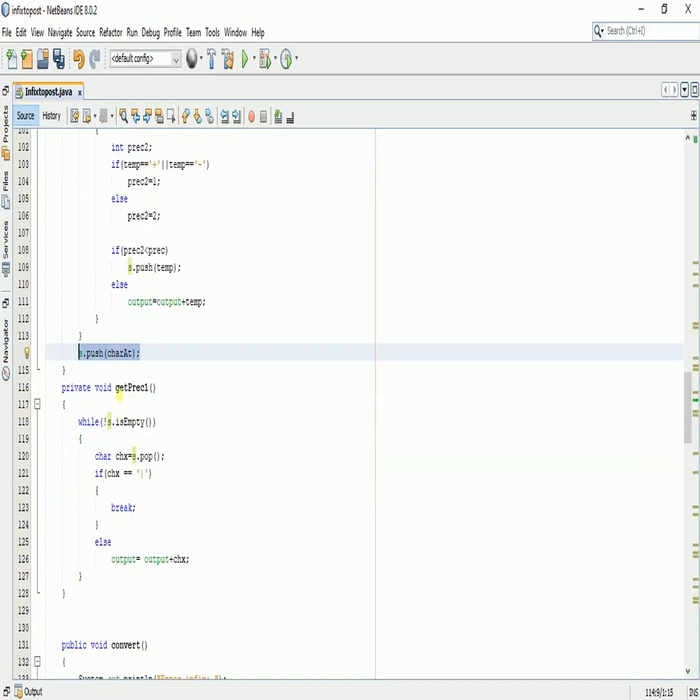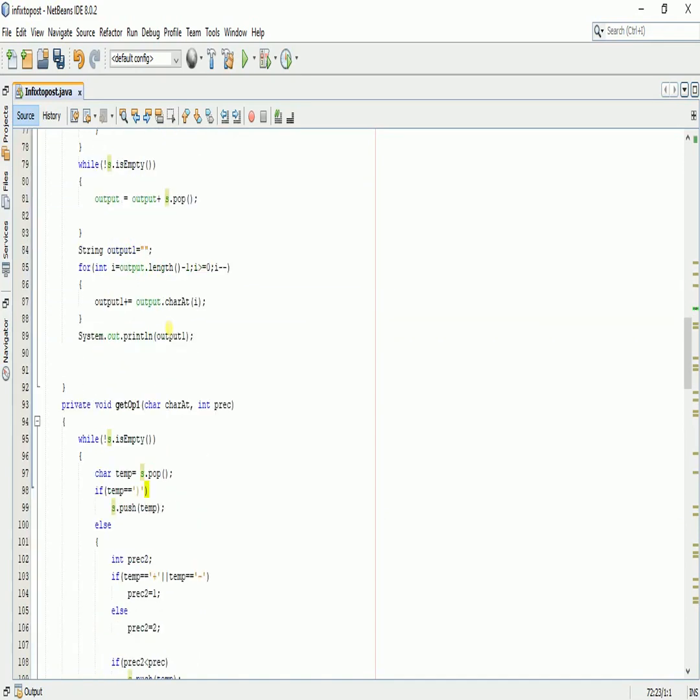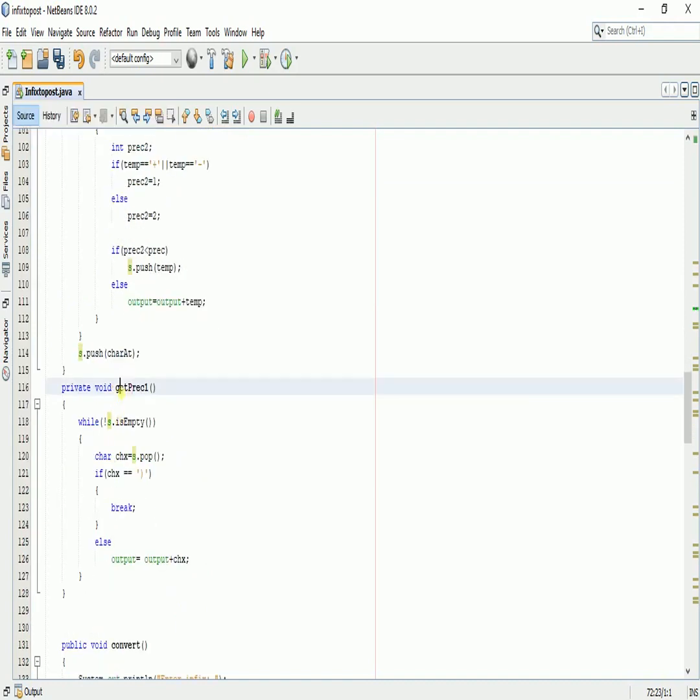Now if there is a parenthesis, that means that if there is this parenthesis in our program, this is acting as our closing parenthesis. If we have this closing parenthesis, then this function will be evaluated. Once this function is evaluated, it will run a while loop that will say if the stack is not empty.